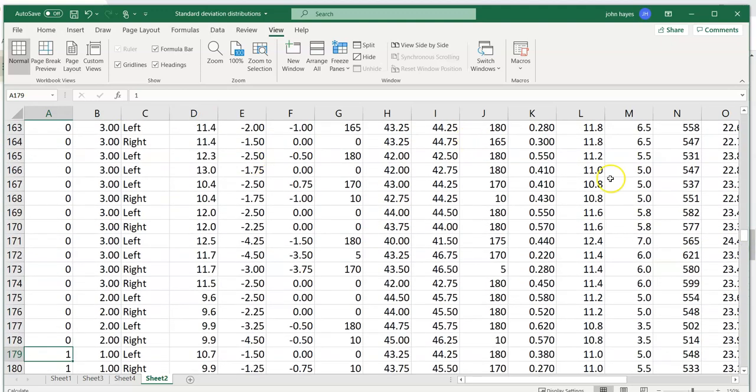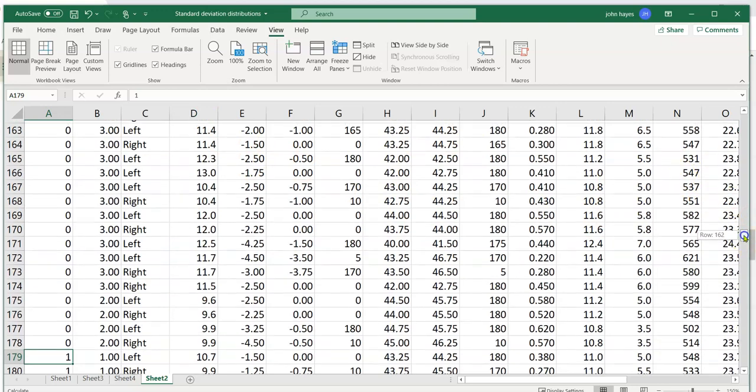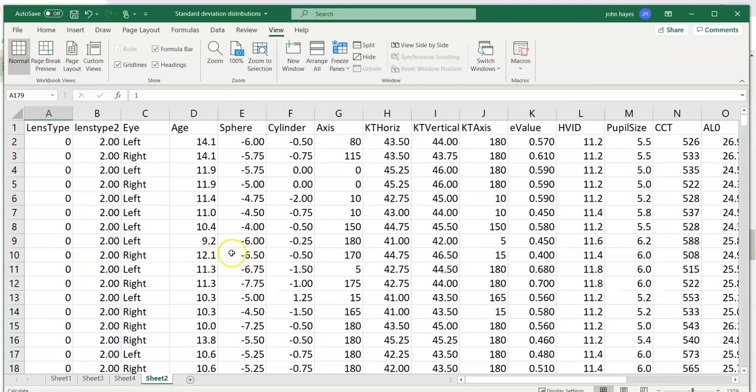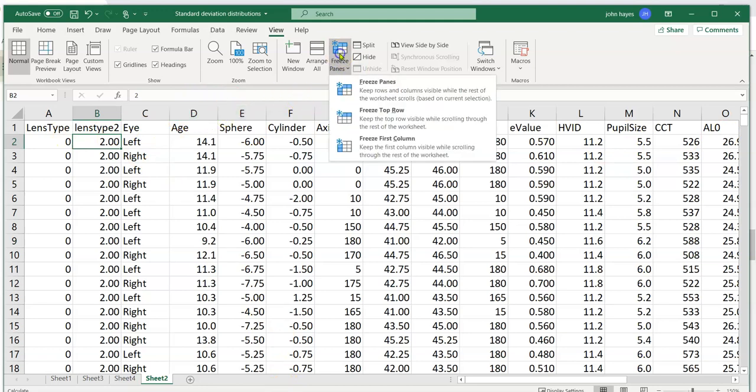Now notice I don't know what variable I'm on now. That's very annoying. So another thing that you will want to know is we want to keep track of our lens type, but as we scroll down we'd like to be able to see this top row, and that is done with freeze frames. Freeze frame, you can just do the top row, you can do the first column, but freeze frames itself keep rows and columns visible while the rest of the worksheet scrolls